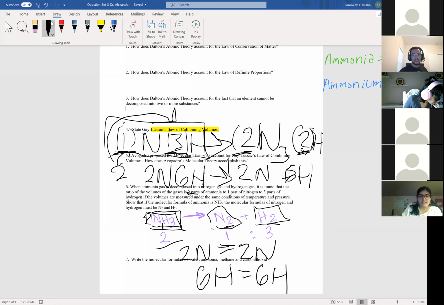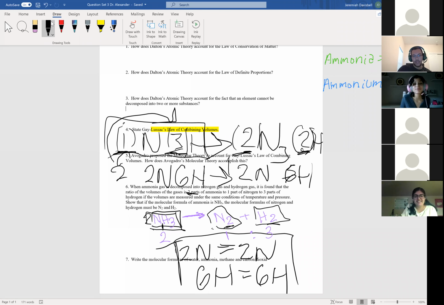Am I crazy, or is that basically just balancing the equation? It is just balancing the equation. Wow, I feel dumb. So what's the actual answer? It's because Dr. Alexander, when he put that, it just confuses me. So basically, you're going to put the balanced equation 2NH3 goes to make N2 plus 3H2. And then you're going to put that there's 2 nitrogen on both sides and then 6 hydrogens on both sides.